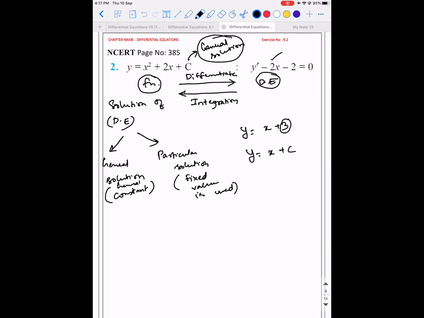So what we need to do here is just differentiate the given function and see whether the right hand side is satisfying or not. So y is equal to x square plus 2x plus c. What is the highest order we need? Y dash. So differentiate it once. Y dash is equal to